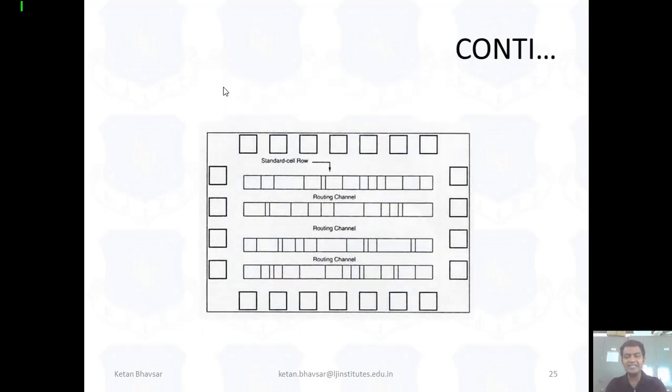As you can see, this one is an internal view. As you can see, the standard cell row and routing channels are useful for the connections. These are all the IO blocks for applying the input and output configuration, or connectivity between input and output. These are the routing channels. Now let us go into the depth.